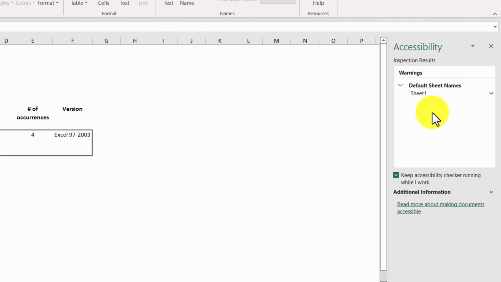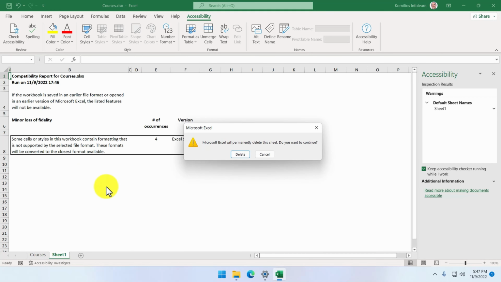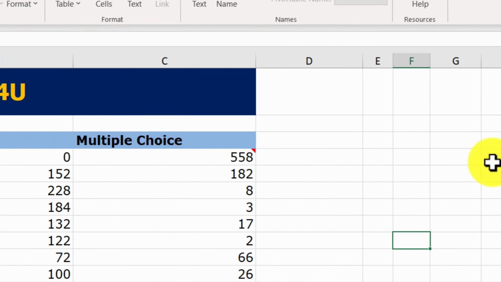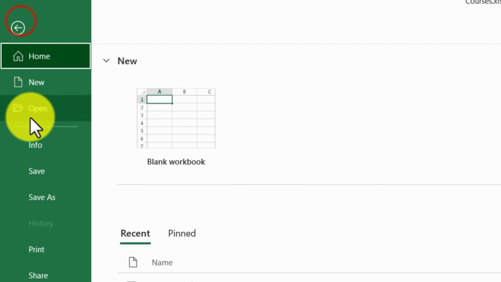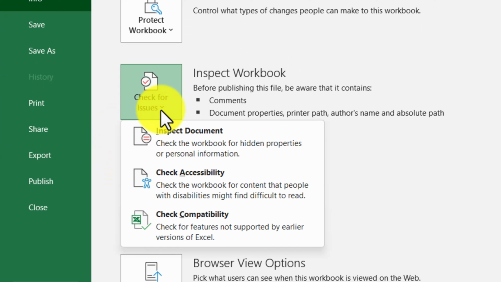This is the sheet with the compatibility report. We don't need it, so we can delete it. The accessibility pane is now showing that there are no accessibility issues in our workbook. Great! If we go back to File, Info and the Check for Issues button, there is one more option,